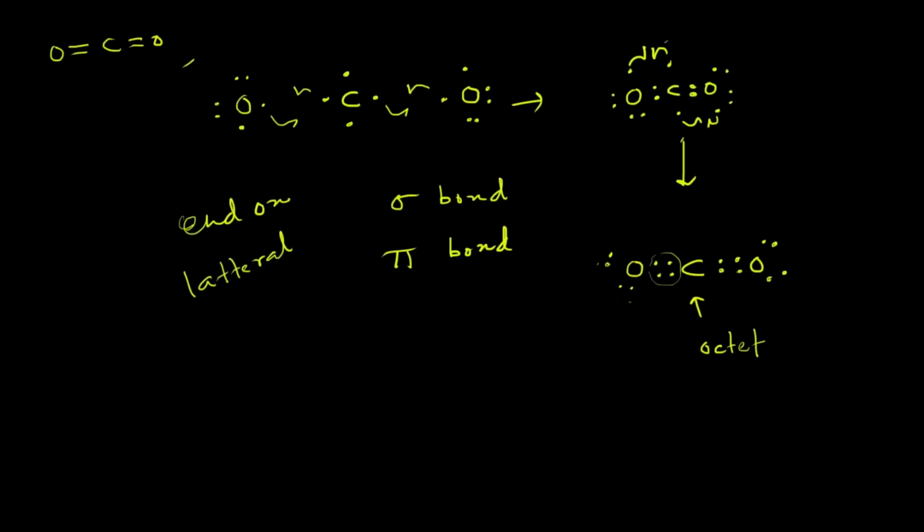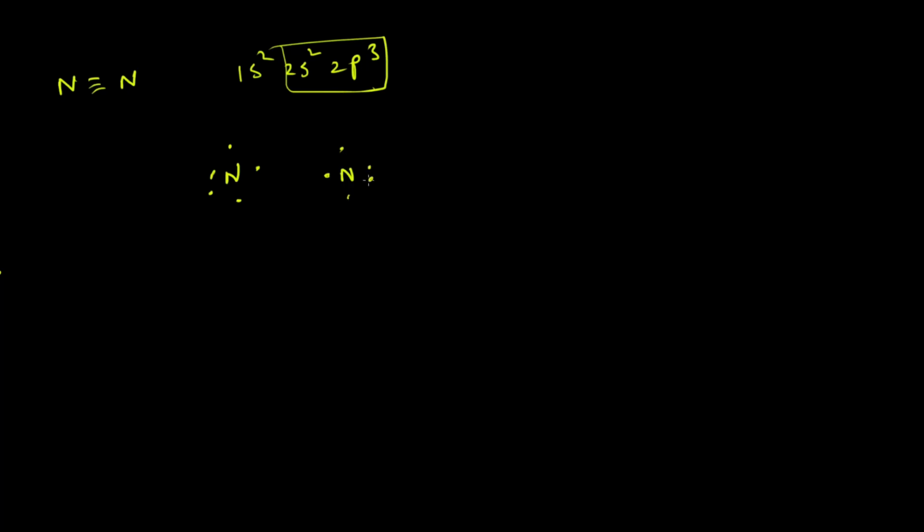Like this, we can also understand the formation of a triple bond if we consider the nitrogen molecule. If we simply put the electrons around the nitrogens, it will look like this. Nitrogen has 5 electrons in its valence shell: 1s2, 2s2 and 2p3, so the valence shell contains only 5 electrons. So here we have to put 5 electrons around the nitrogen, and the other nitrogen atom will also have 5 electrons. Then first a sigma bond will form between these two nitrogen atoms by pairing up 2 electrons.